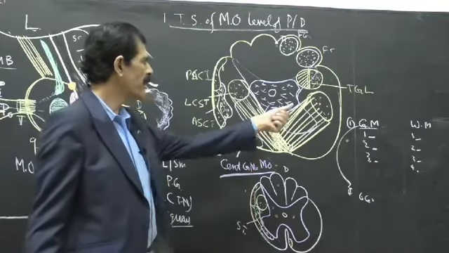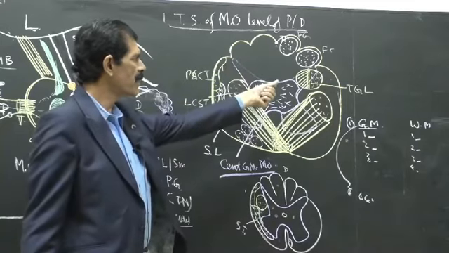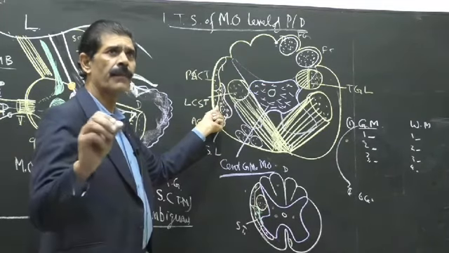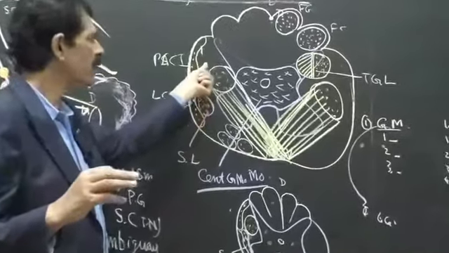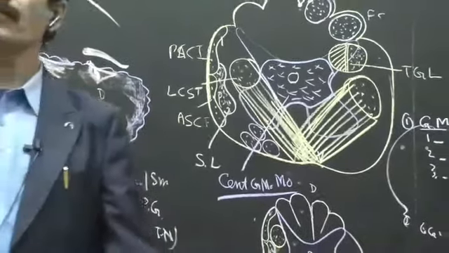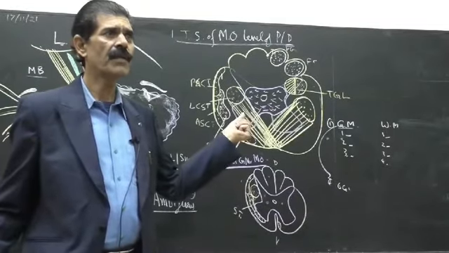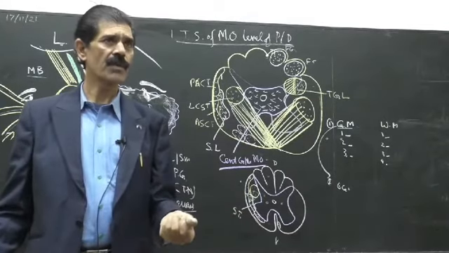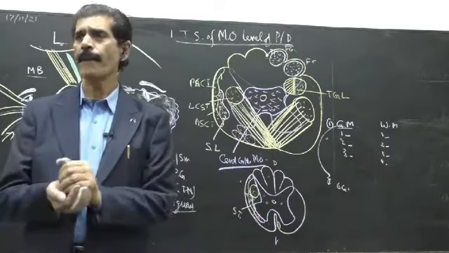Then the white matter. For white matter you can write fasciculus gracilis, cuneatus, trigeminal lemniscus, spinal lemniscus, spinocerebellar fibers. Give them briefly. Write 2, 3, 4 lines about every white matter. Then the whole of this increased cerebral peduncle is filled with afferent and efferent fibers. You can write them down. For the pyramidal decussation, you can write half a page or 1 page about what it is. What are the 80% crossing fibers? What are the 20% uncrossed fibers? So this is how to attempt the question of the transverse section of the brainstem.